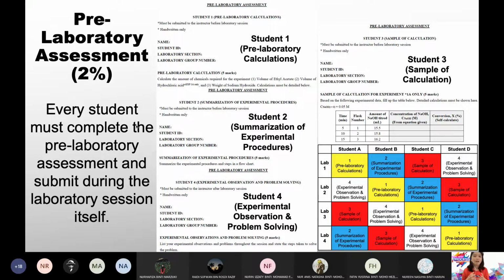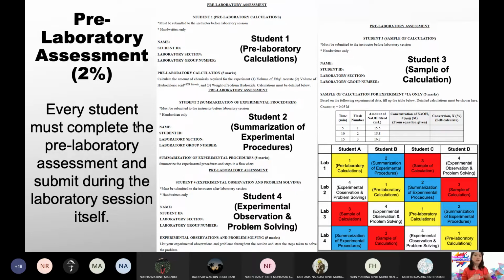As usual, if you don't know how to do it, ask me. I'm not angry, but you must ask me if you don't know how to do it. Okay, for student 2, by right it is student 1's calculation. Meaning in the lab, student 1 must make sure the calculation is correct and student 1 will prepare the chemicals. Basically, this pre-lab is to assign you your role in the lab.